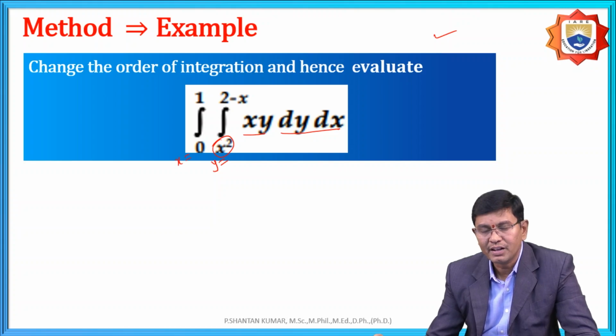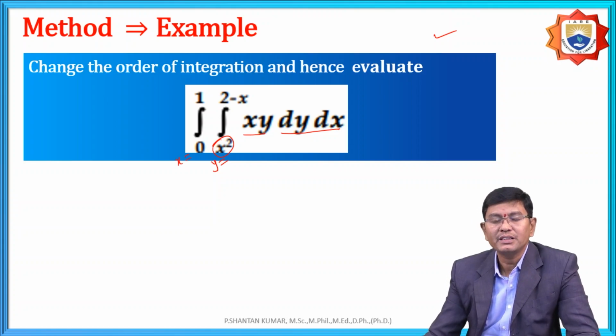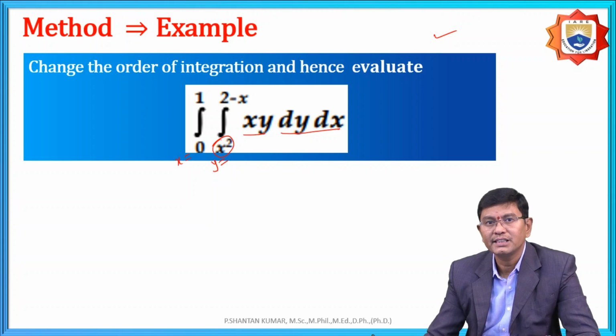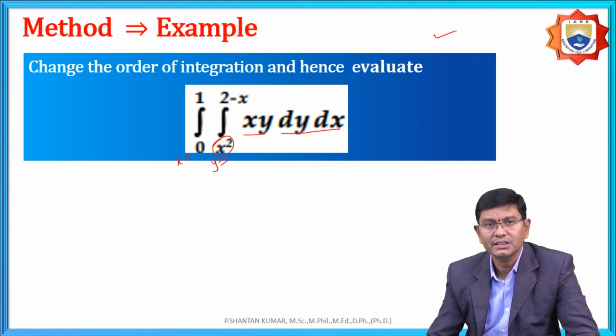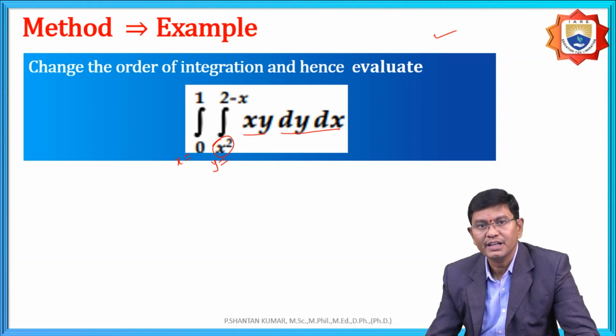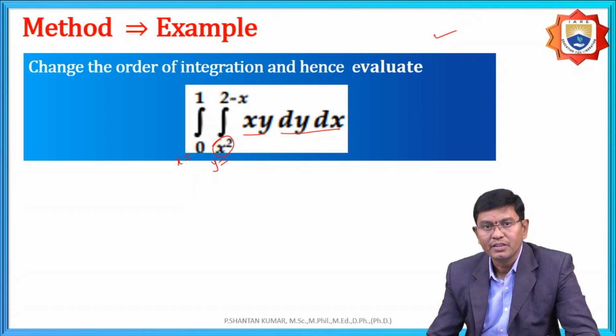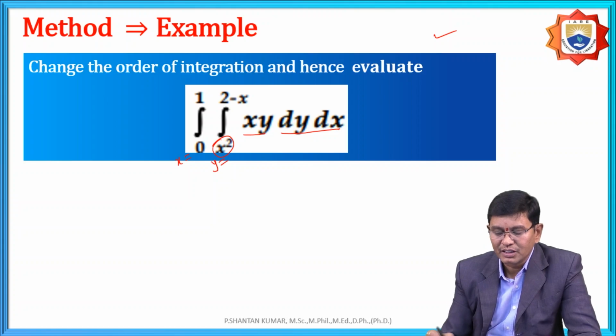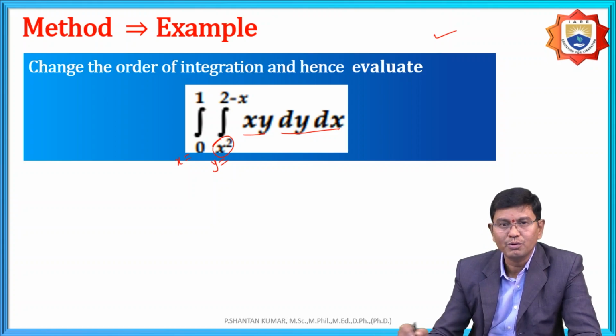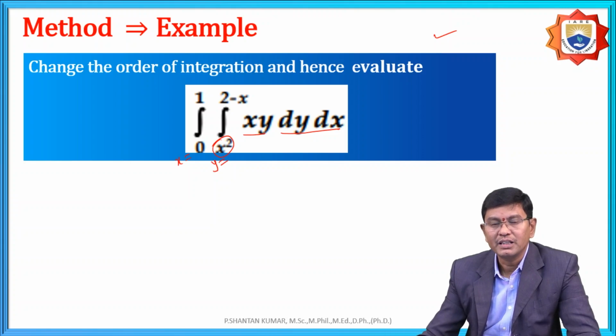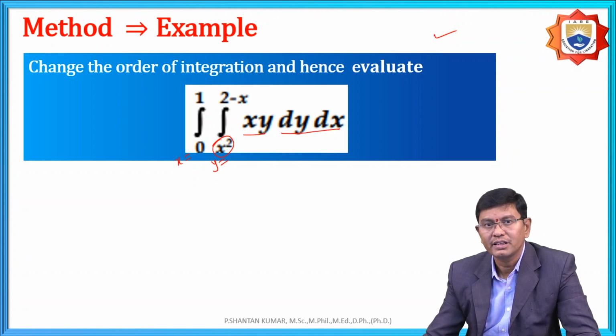That means after understanding this one, the limits are in terms of x. The given strip is parallel to the y-axis, and by changing the order of integration, we need to find what the horizontal strip is. With the help of that, assume y is equal to x square, y is equal to 2 minus x, x is equal to 0 and x is equal to 1. By solving these four values, then we get that